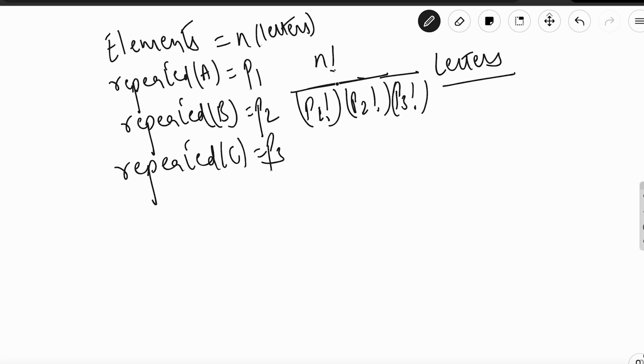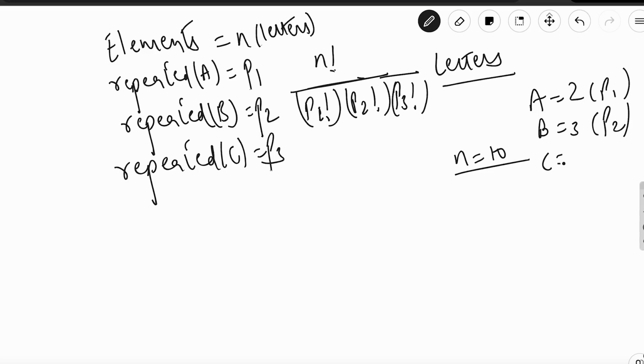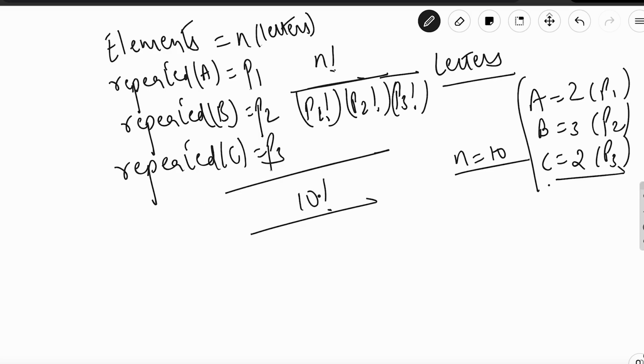Okay, so suppose there are 10 letters in a word. Letter A is repeated 2 times, so p1 is 2. Letter B is repeated 3 times, p2 is 3, and C is repeated 2 times, so p3 is 2. So total permutation will be 10 factorial, n is 10, divided by 2 factorial into 3 factorial